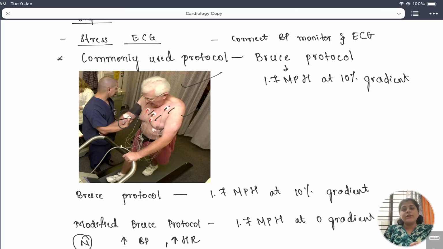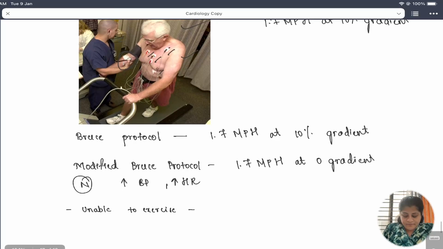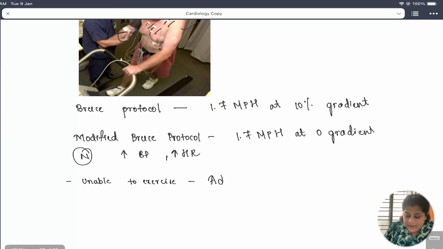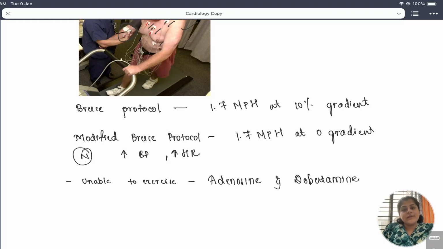Normally, when the patient is exercising, there will be a gradual increase in the heart rate and a gradual increase in blood pressure. You will be monitoring for these things. If the patient is unable to exercise, for example if the patient has some myopathies or neuropathies, then you can use pharmacological stressors like adenosine and dobutamine. Instead of making the patient exercise, you can use these stressors and see if there are any ischemic